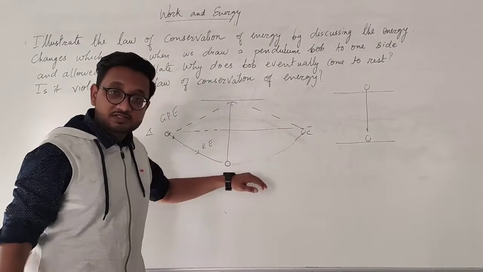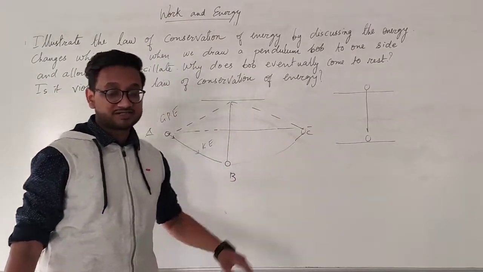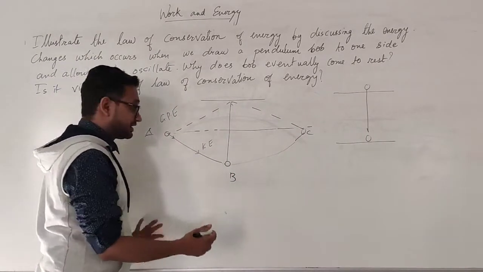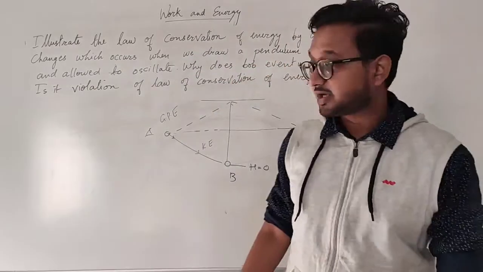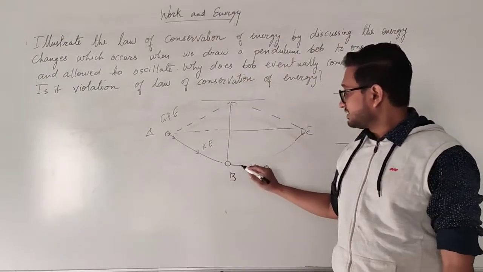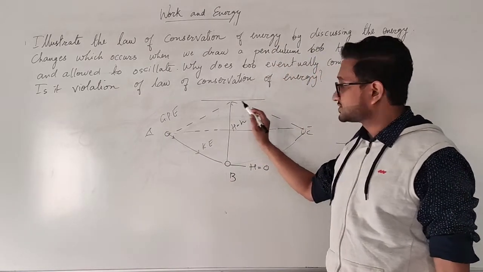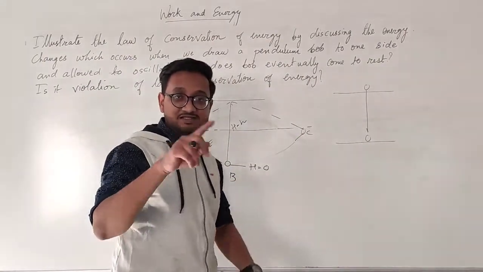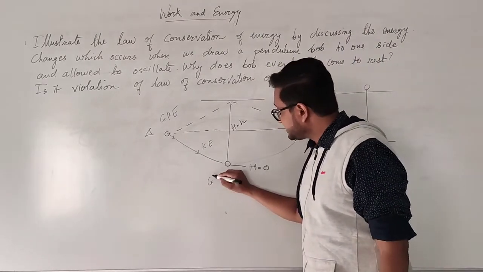So this bob is rotating and oscillating and is going to go towards point B and then towards point C. At this point, when it is coming to point B while moving, its height is becoming 0. So this was its original point, and therefore at this point the height is 0. This is the maximum height, that is h. So this height h has gravitational potential energy, but at this point the height is 0. So at this point the gravitational potential energy is 0.